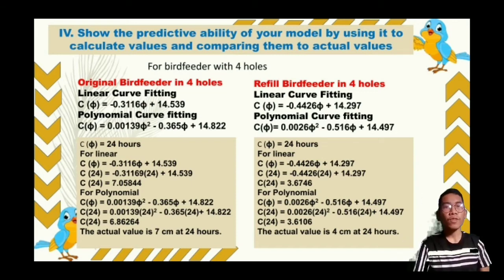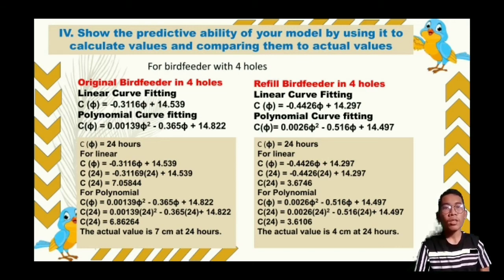Using the linear curve fitting, to get the actual values of the refilled bird feeder, we're going to use the equation C sub phi is equal to negative 0.4426 phi plus 14.297, wherein the value of phi is equal to 24 hours. And then by substitution, we have C sub 24 is equal to negative 0.4426 times 24 plus 14.297, having the result of C sub 24 is equal to